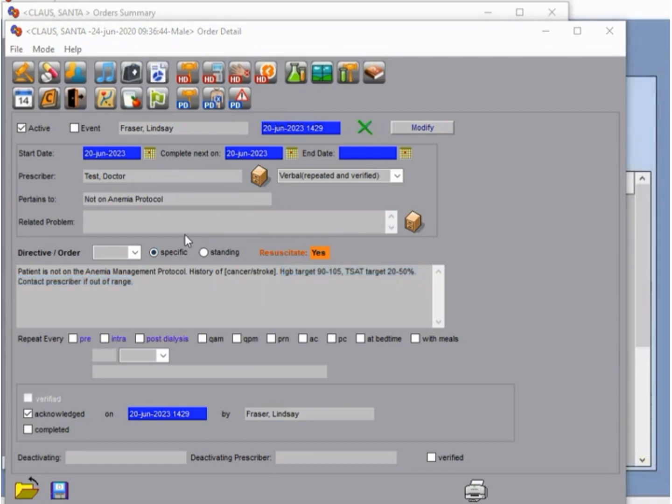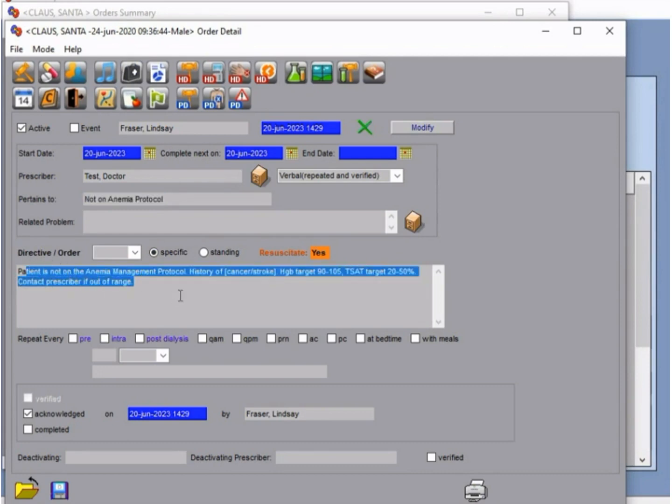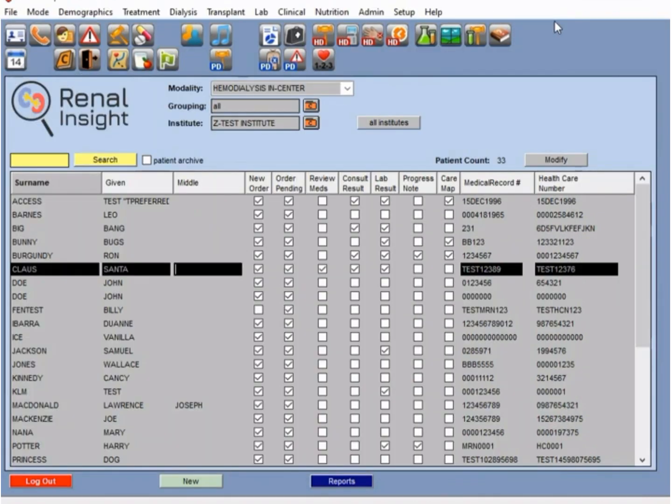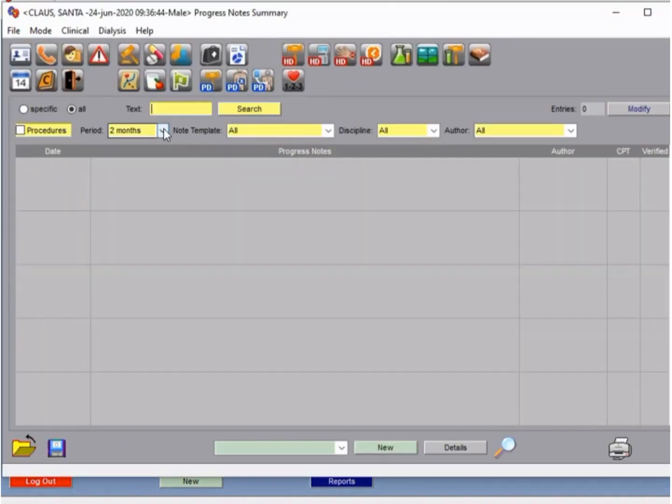Now that we've confirmed that our patient has been ordered the Not on Anemia protocol and we've read the details of the order, we can exit out of this page and then begin by reviewing the patient's last anemia note template. To do this, you want to go up and select the music icon up here to open up their progress notes. You want to filter by the anemia panel, and because we are using a test patient today, the